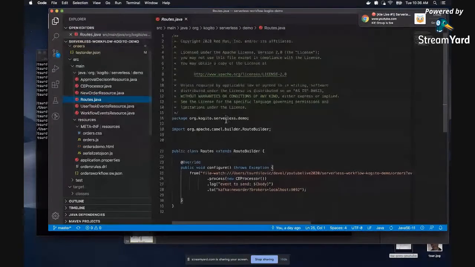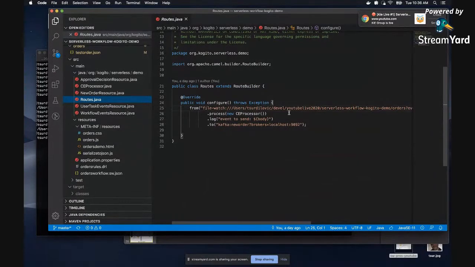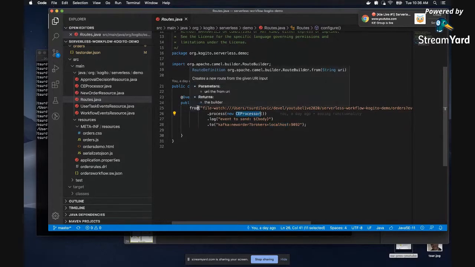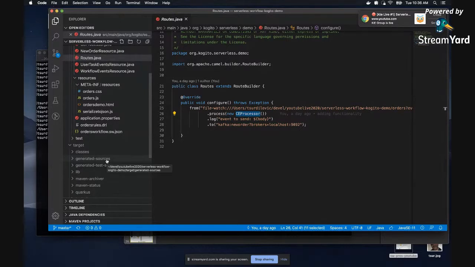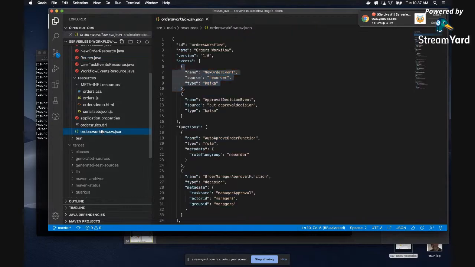For example, this is a route that looks at my local directory and then creates a cloud event to a specific topic that can later be consumed by Kogito. But really, there is no code. All we have, as far as we're concerned, is our workflow definition. So let's take a look at that.